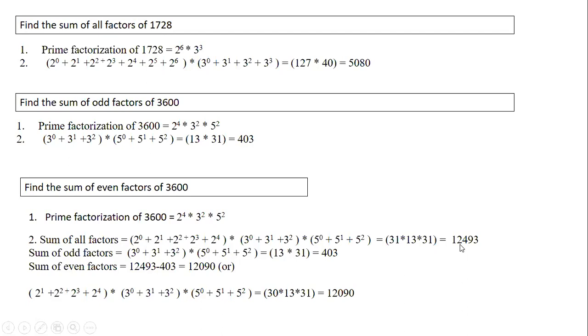And when you subtract the sum of odd factors, you will be able to get the sum of even factors. When you subtract the odd factors from the total, obviously the rest is going to be your even factors. So this is the two step method in which you can find the sum of factors, sum of odd factors, and sum of even factors.